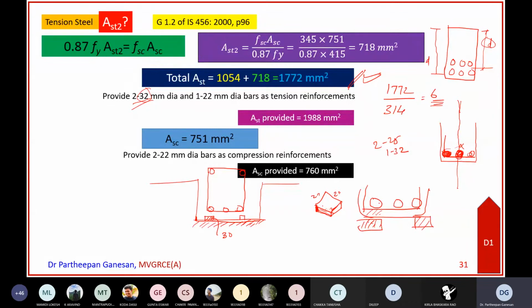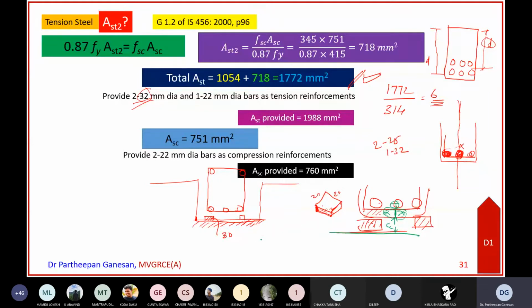That is why whenever you take an effective cover, we say from the bottom, this is the clear cover up to the stirrups, the stirrup diameter, and then half of the diameter of the main steel. But in some books, they may have neglected the stirrup diameter. That's fine. In some of the books, they may have neglected the stirrup diameter.